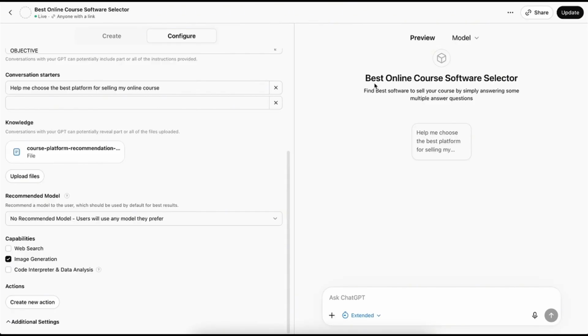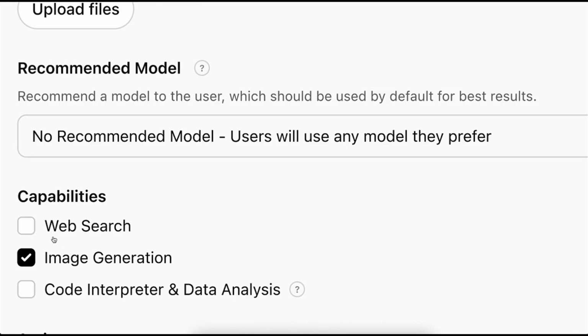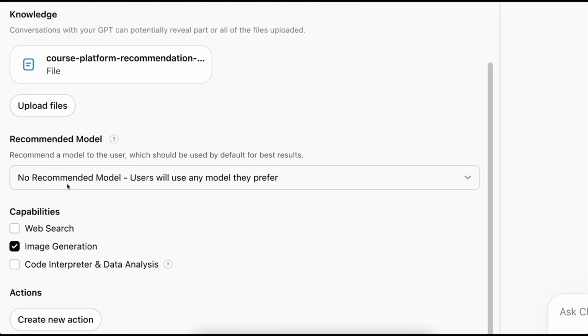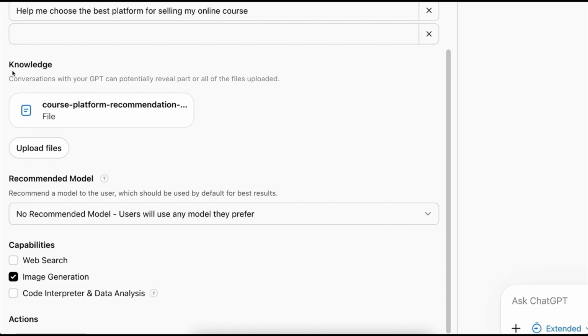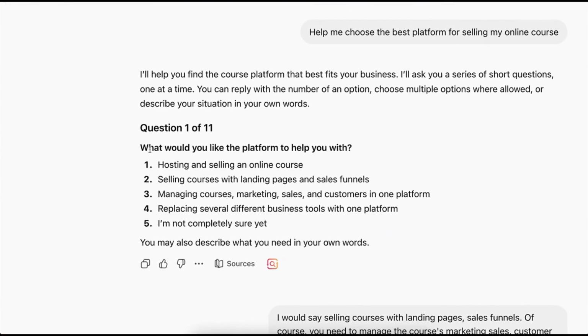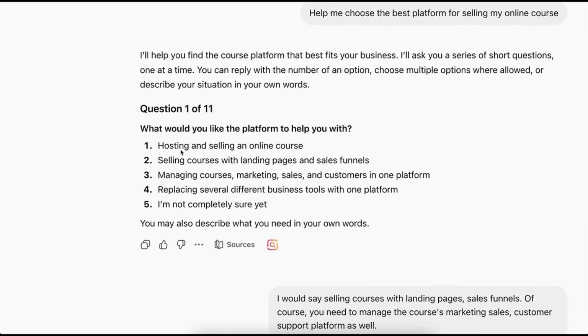I have created custom GPTs for different softwares, and instead of just getting information from the web that most of the time is absolutely incorrect, it's trained on specific knowledge. The GPT is going to ask you some questions and it actually gives you multiple answers to choose from, making it super easy.